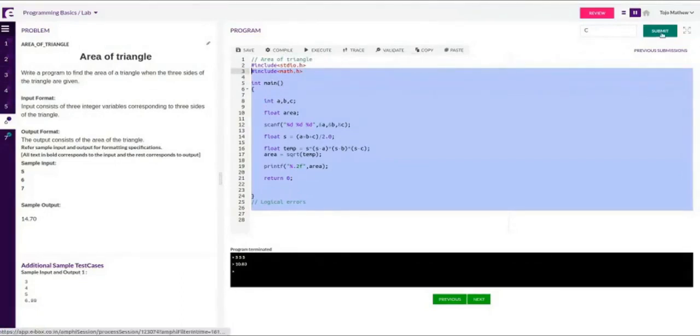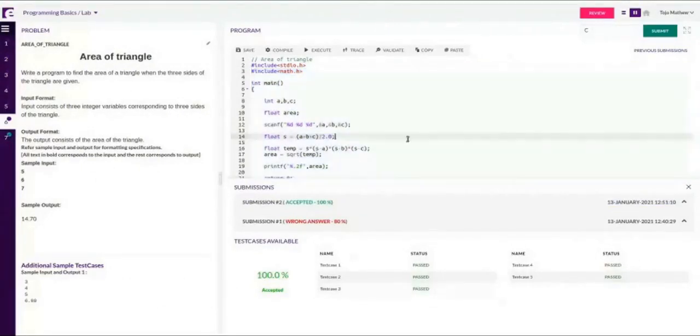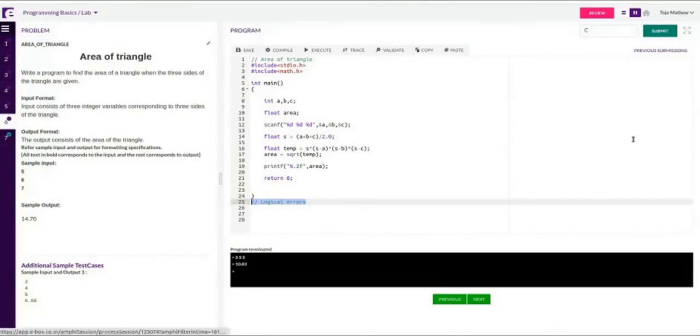If submission is not giving you 100%, go to the previous submission, click on the question mark, and you will get the test case which is failing. You analyze the program and see why the program is failing for that test case only. Fix it. That means you have to fix the logical errors. Then once you see that it is giving the correct answer, submit it again and get 100% pass. Clear?